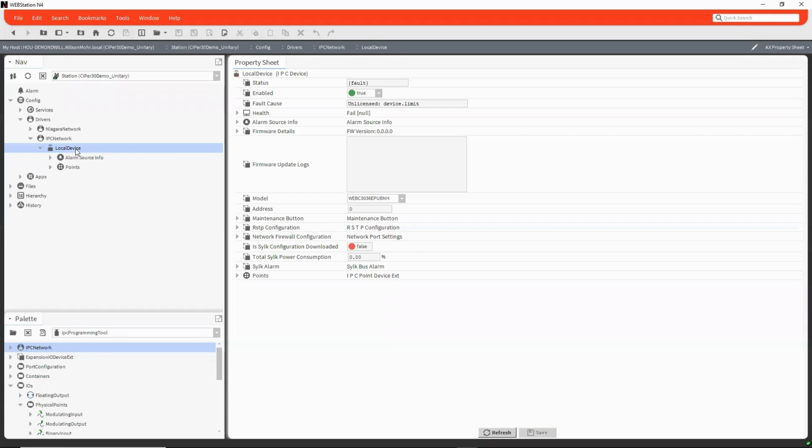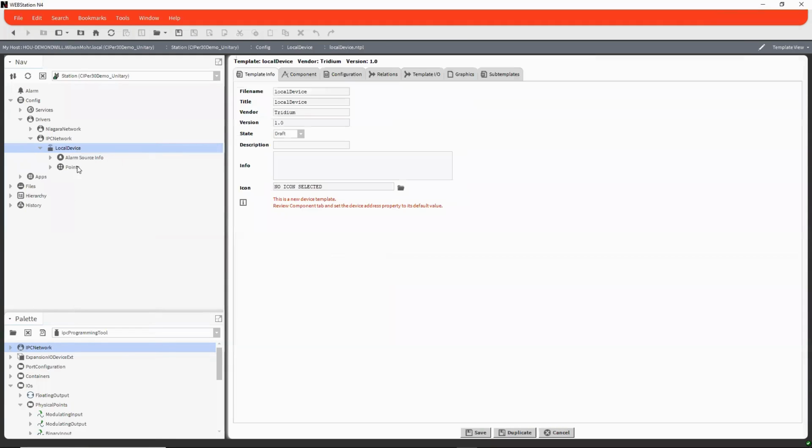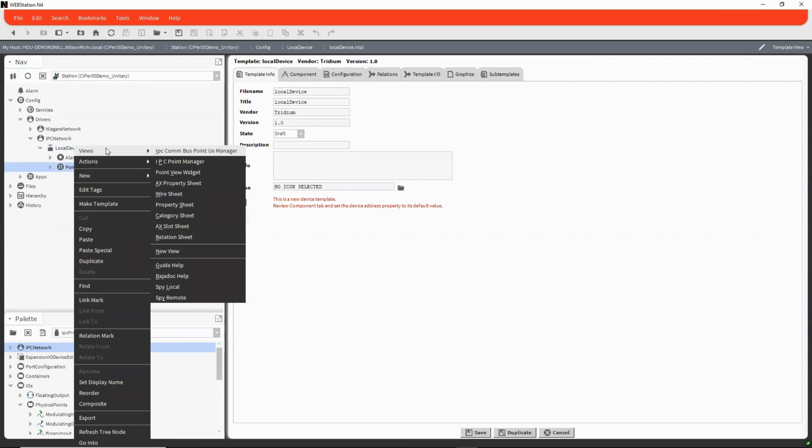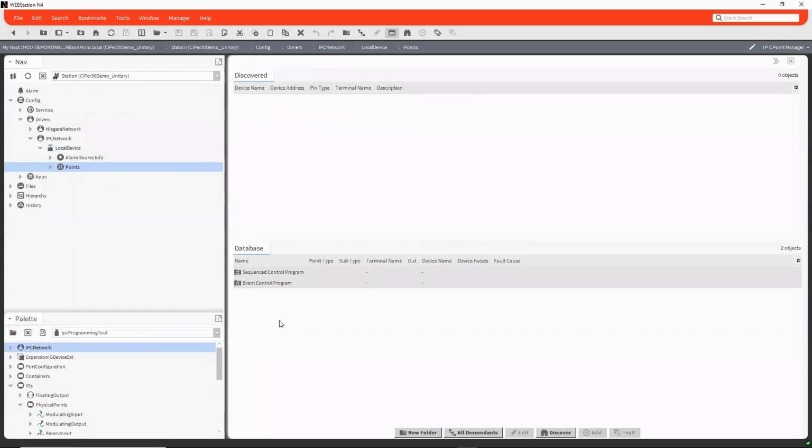And then on here, you're going to right click on parts, and then you're going to go to IPC Part Manager. Under here, you're going to have two folders, sequence and events. You can actually get to that here as well by expanding that. And then under your sequence control program,